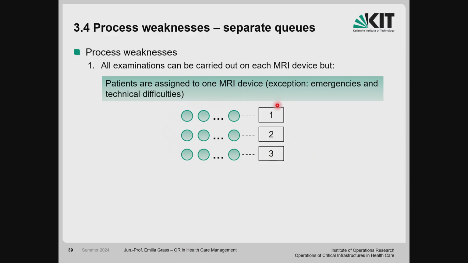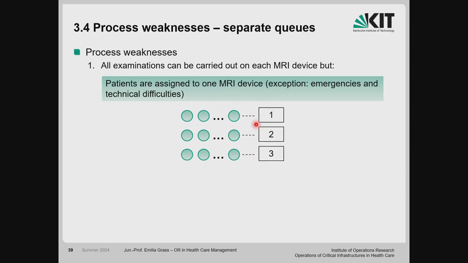And the problem is, if one device breaks down, how to adjust then? They are so fixed that they cannot simply take one patient out of this line and assign them to another MRI scan. This flexibility between MRI scans is missing, although the scans are absolutely the same and patients can be treated using MRI scan 1, 2, or 3, it doesn't matter. But because they're so fixed, they cannot easily adjust to cancellations, no-shows, disruption, whatever.